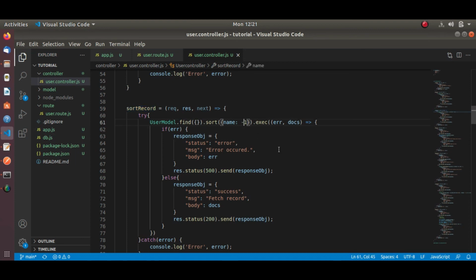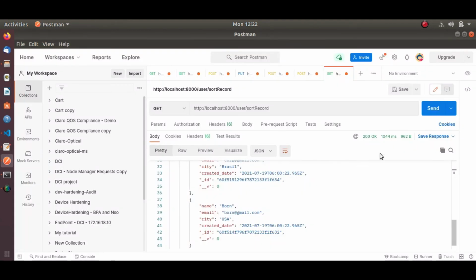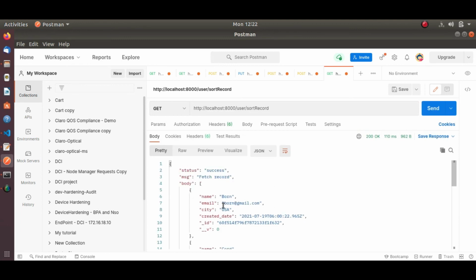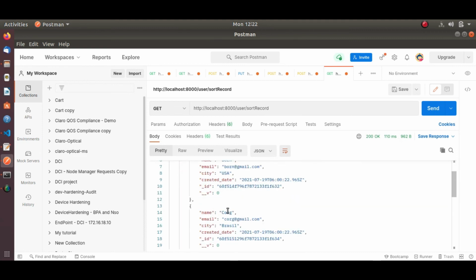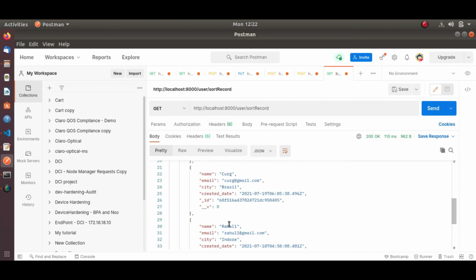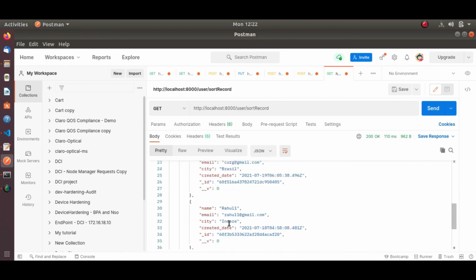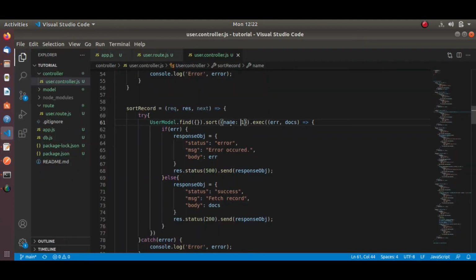You will see as per name, R, C, then B. If I make it ascending, this is something like an alphabetical sort. See, alphabetically B, C, then R.